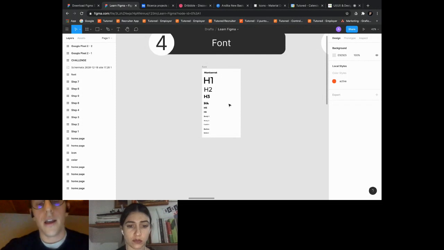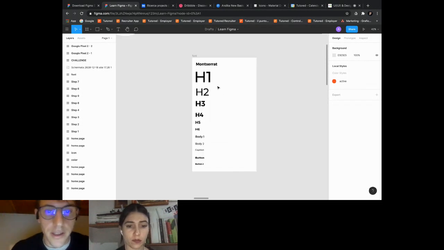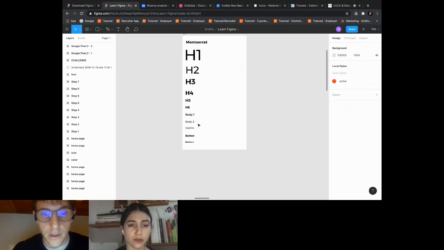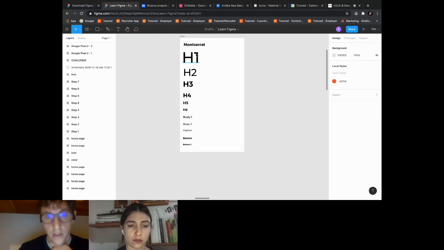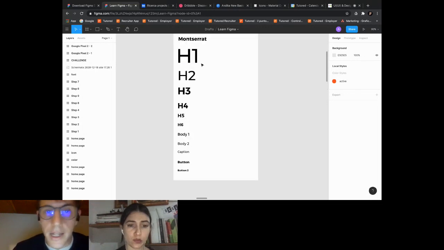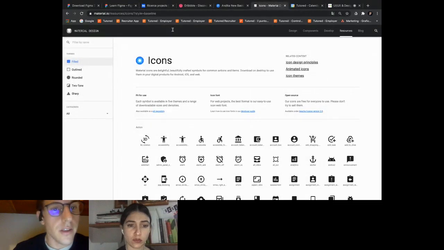Okay. Another important thing about fonts is the hierarchy of the fonts. You have to be very clear about what your hierarchy is. Where can we find an example? You can see it in Material. Material is a very comfortable site because of the type system.